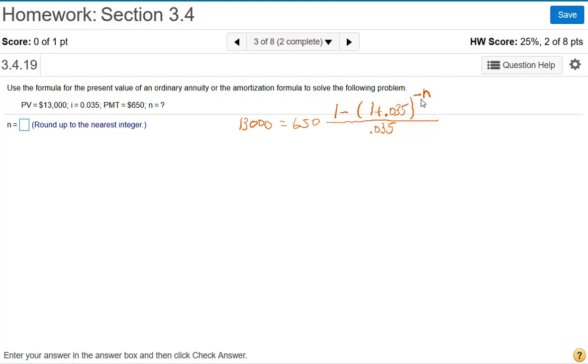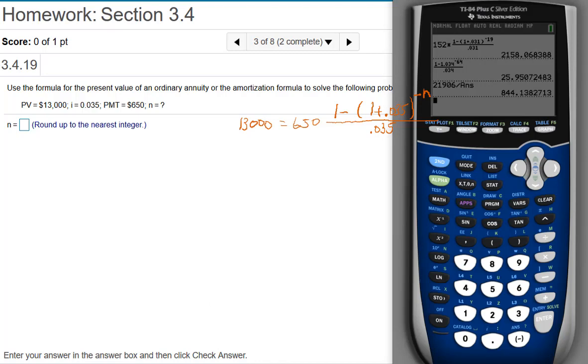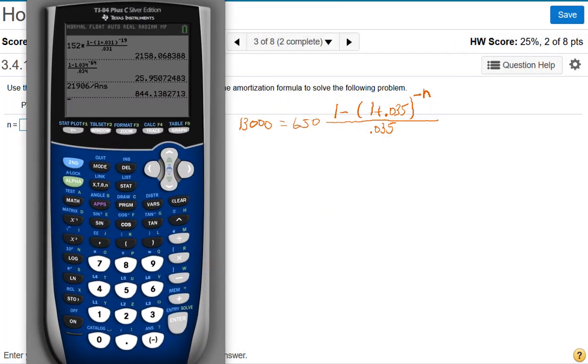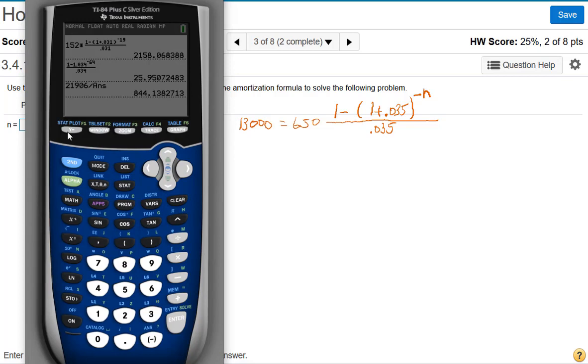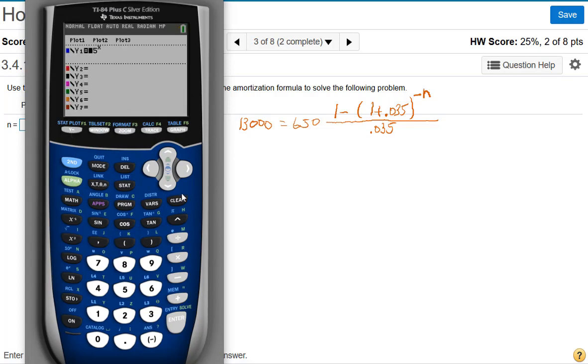However, since I just showed you this in the last chapter, I want to emphasize again how you can solve equations of this nature using your TI graphing calculator. So I'm going to take out my TI graphing calculator and go to my y equals, type 13,000 for y1, type the right hand side for y2,